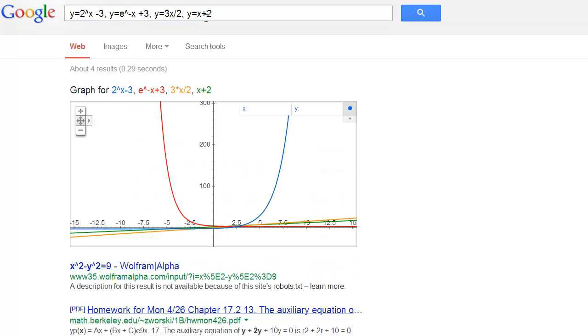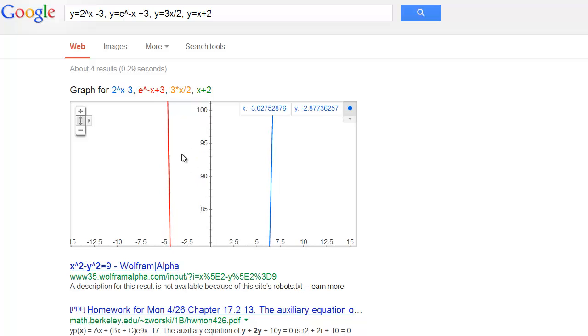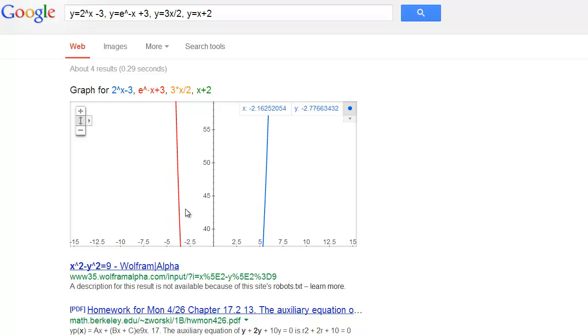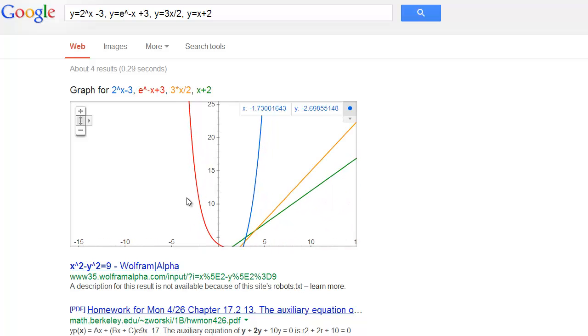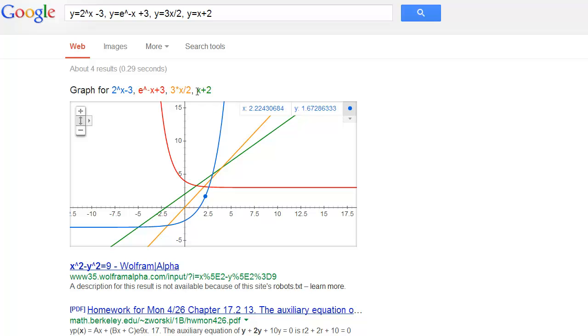So this is it. Let me zoom in a little bit to make this even clearer. Okay, so this is becoming clear. Now remember this is in green, x plus 2. This line is in green, and the red one is what we are looking for. Remember, there are two lines here and two curves here. You have to understand what intersection you're looking for. You're looking for the intersection of e to the power minus x plus 3 and the line in green, and